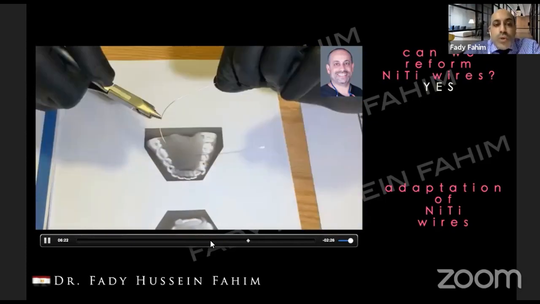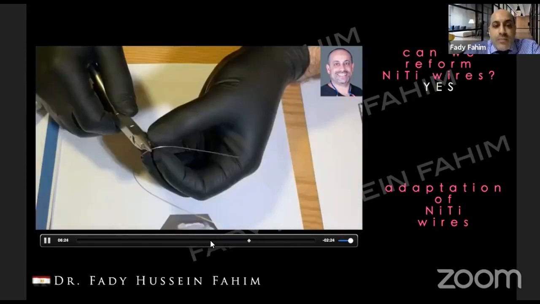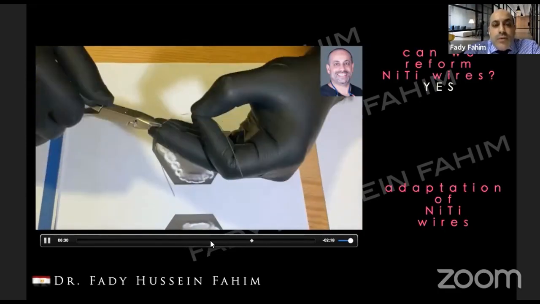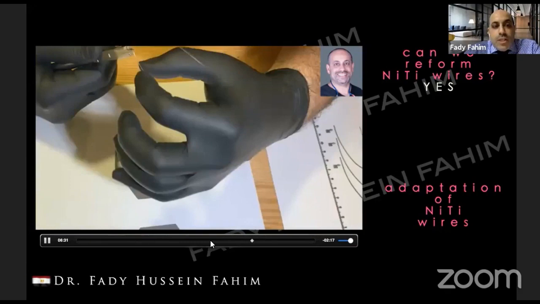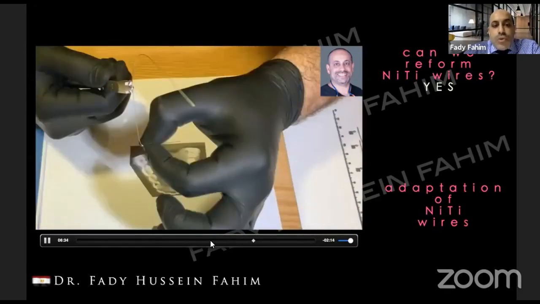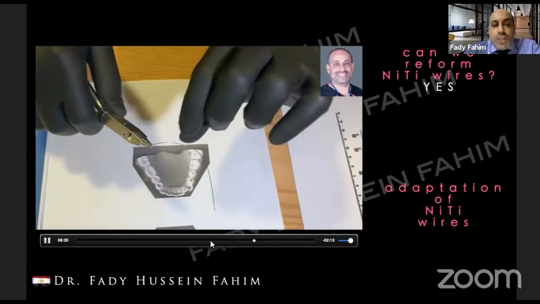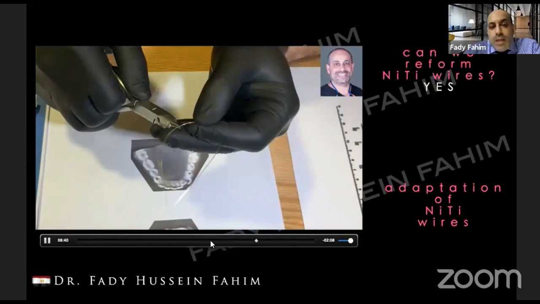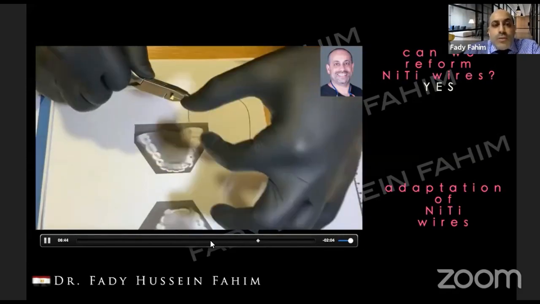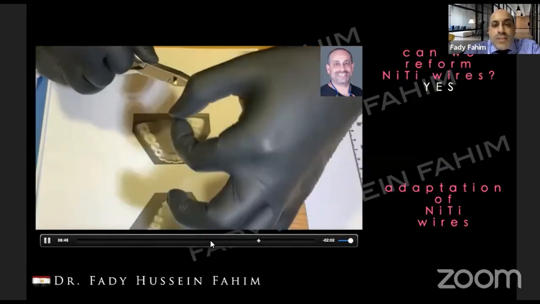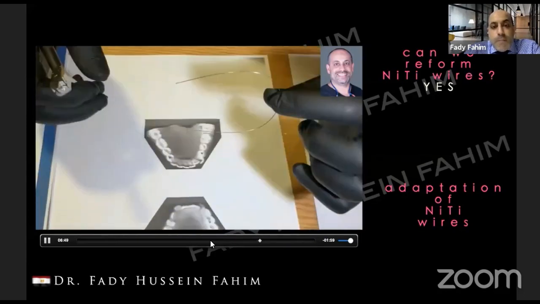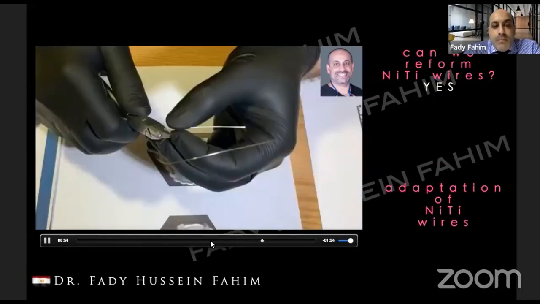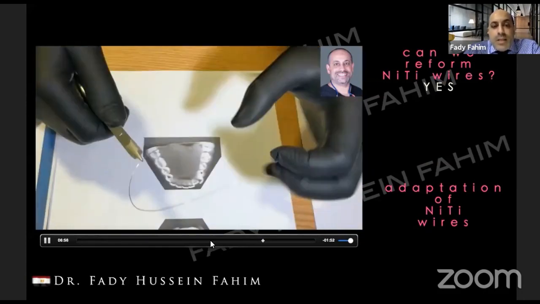So another tip, maybe it's away from the finishing lecture, but I did it for you too. You can do your reverse curve wires in the nickel titanium. It's very easy. There is no need to buy the ready-made reverse curve wires. Just do the bend, but I usually don't use them much because they procline the lower incisors a lot. But I just thought it will be helpful if you are enthusiastic about using the reverse curve wires. My advice is to keep the bowing of the wire to a minimum to minimize the side effects that you can have